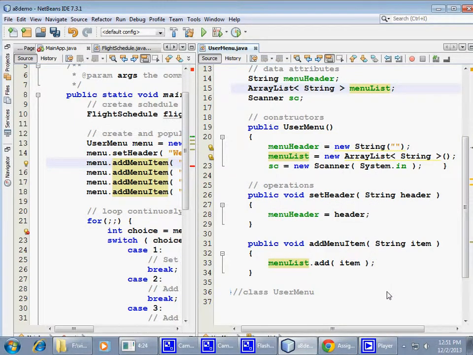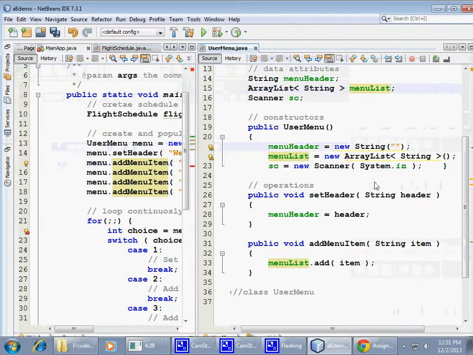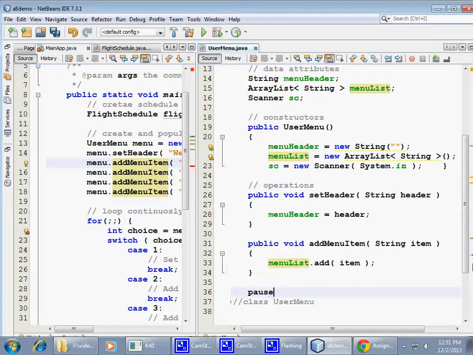All right. Some other helpful methods here would be probably, I was actually thinking about maybe a helpful operation could be something as simple as a pause, right? Just how about this? Void pause, just to have a pause. Like, remember we said, please hit enter to continue, right? So how about public void pause? It takes a string as a prompt, right? Takes some prompt and says